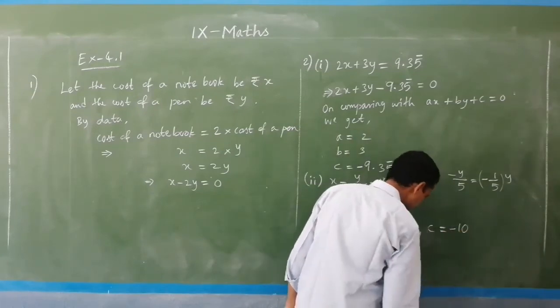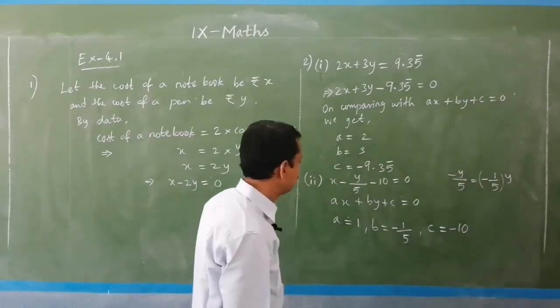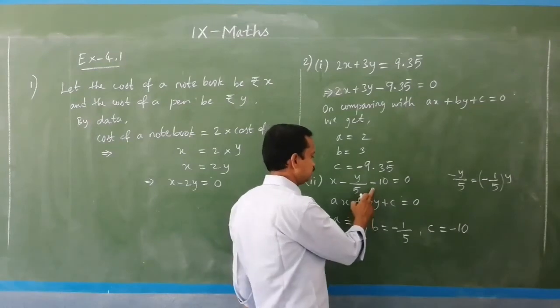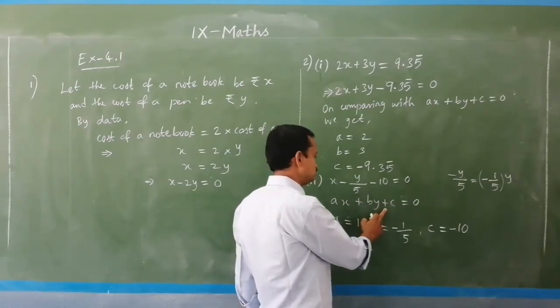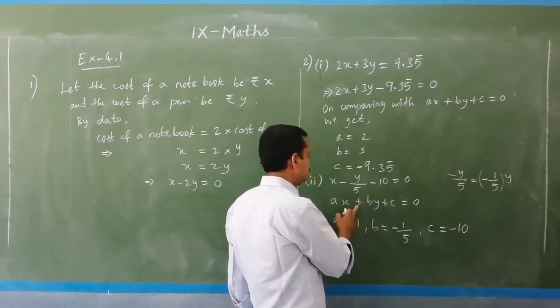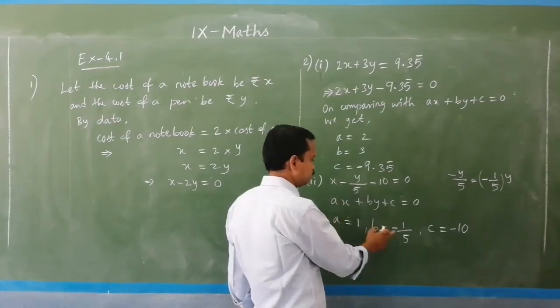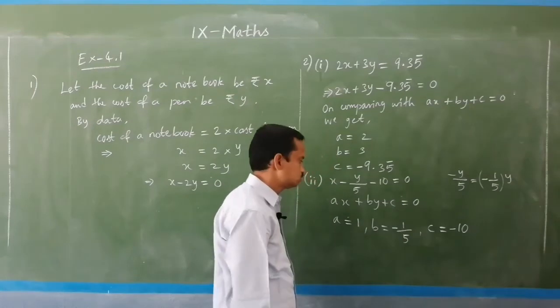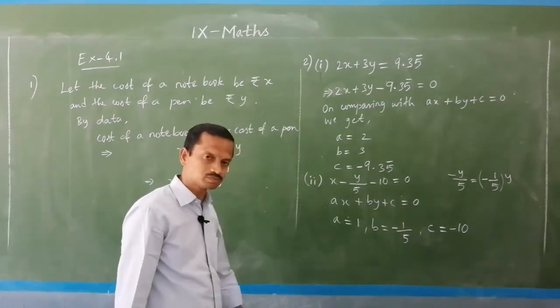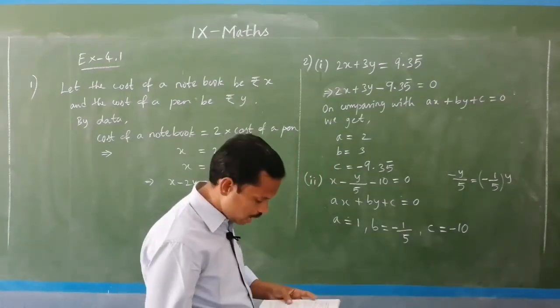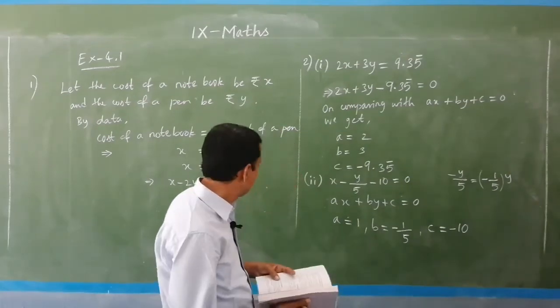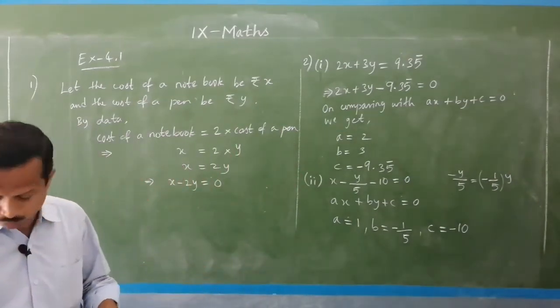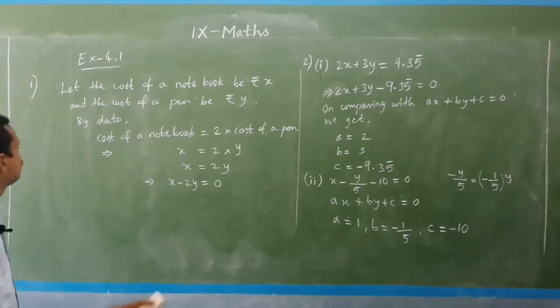I already told you, if you find minus, you should be very careful, because in general form there is a plus sign, and here also a plus sign. So, you have to be very careful to put the minus sign. Both B and C are negative values. Like this we have to find the values of A, B and C in the rest of the questions. And two more options I will do for you.